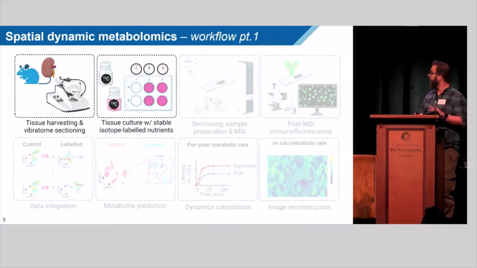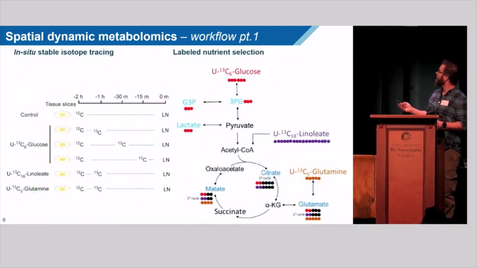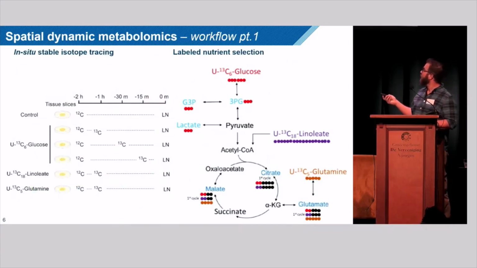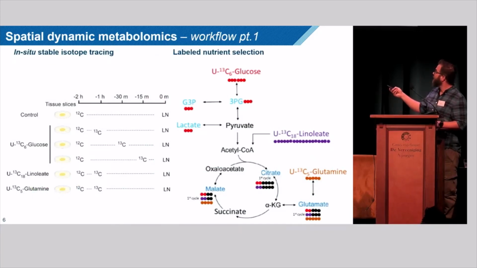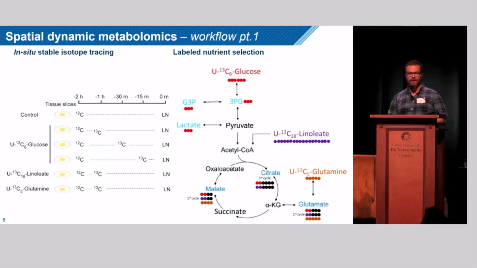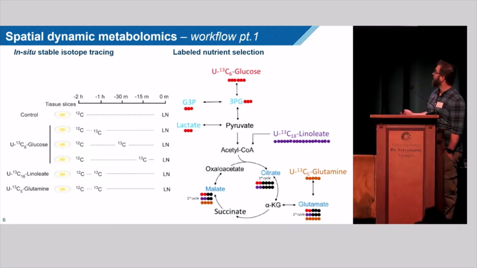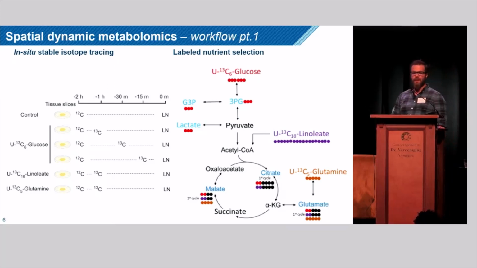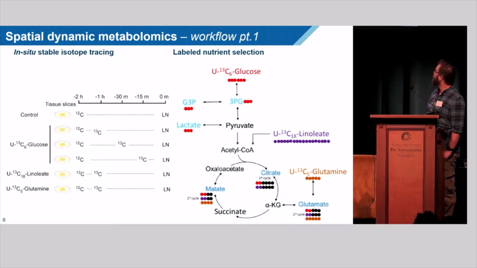We create 350 micrometer thick vibratome slices, which we then incubate in a defined culture medium where we start to introduce, at specific time points, 13C labeled nutrients. So we did that with glucose, linoleate, and also glutamine. And as you can see, all these different compounds start to produce different metabolic intermediates downstream